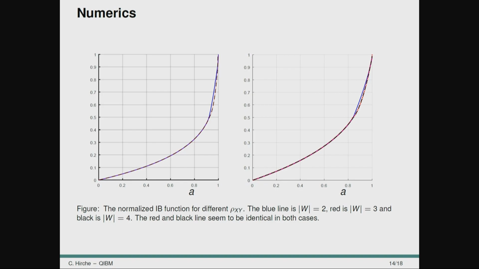And what you can see in this numerics is that we actually need a dimension of W that is higher than that of X, and that we can't, as was done in previous work, restrict our dimension to the same dimension as the input system. So yeah, those are particular examples where you can see that you need these higher dimensions. And it's an open problem how high you actually have to go in order to achieve the optimal value.